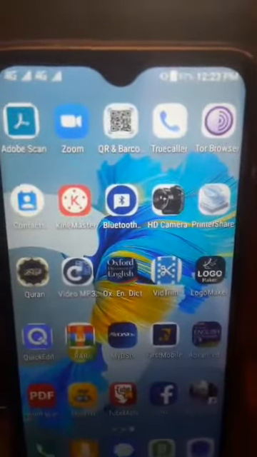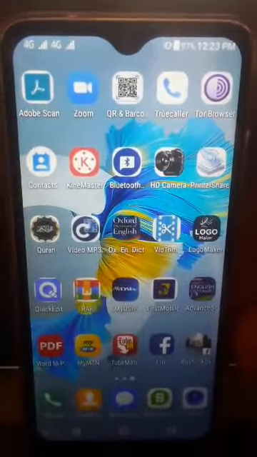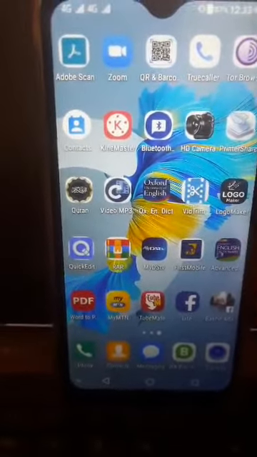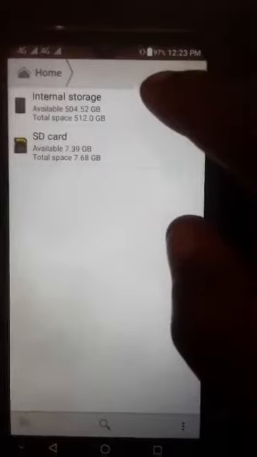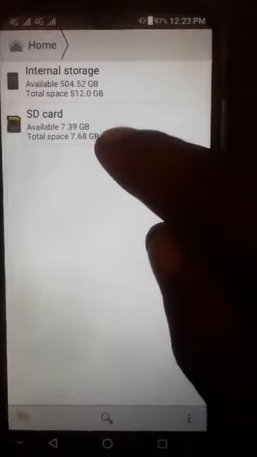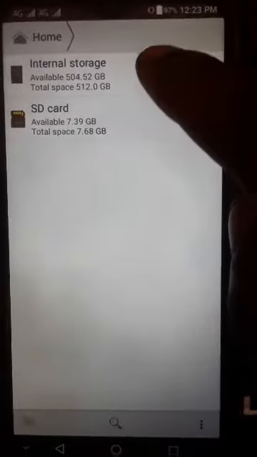But the moment it is around 50%, the battery will be going down gradually. And also, I observed this issue with the SD card after making my complaint. The SD card that was inserted here, I'm seeing 512, of which is only 8 gig. Even my memory card here is an 8 gig memory card.